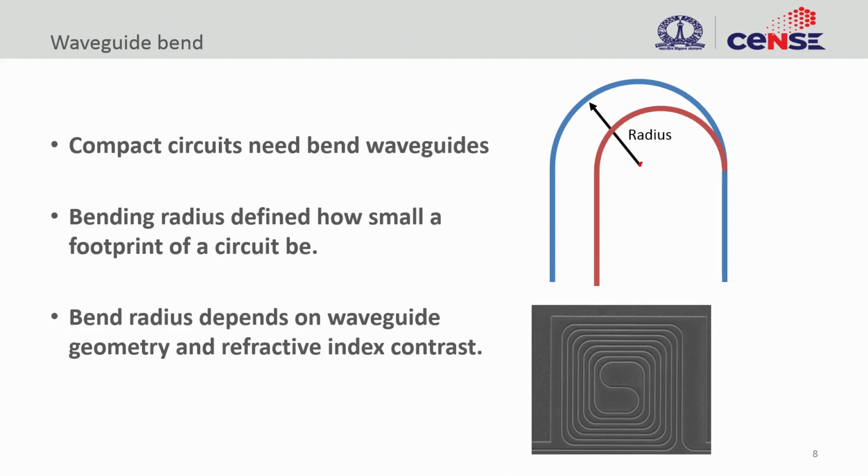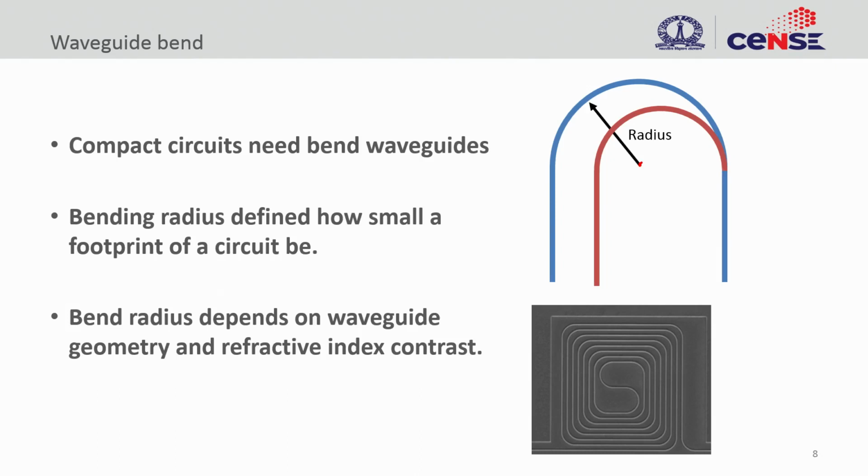So, what is the implication of this bend? When you have a bend, the refractive index of the bend waveguide is also going to be different. So, you are going to change the bending radii, and that means you are going to change the propagation constant, or the beta, in these bend waveguides. This is something you might have come across in fiber optics bends that you might have learned. The same concept applies here as well.